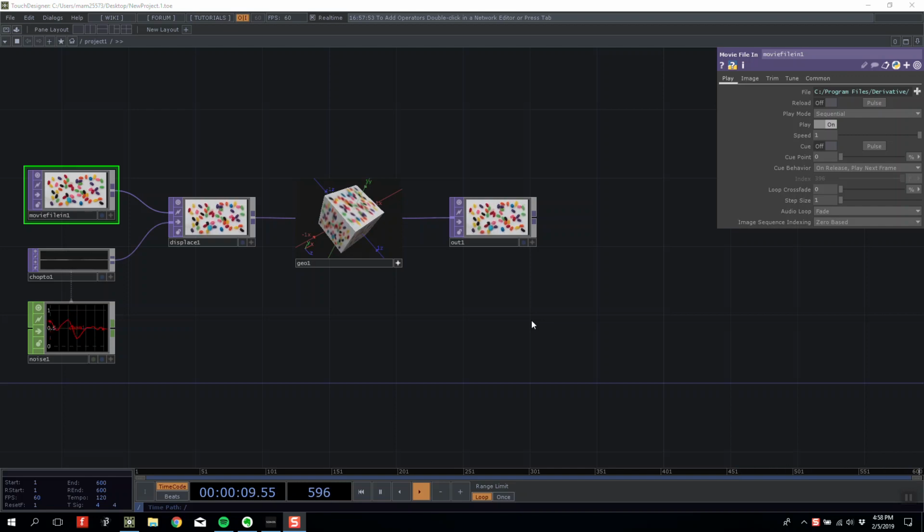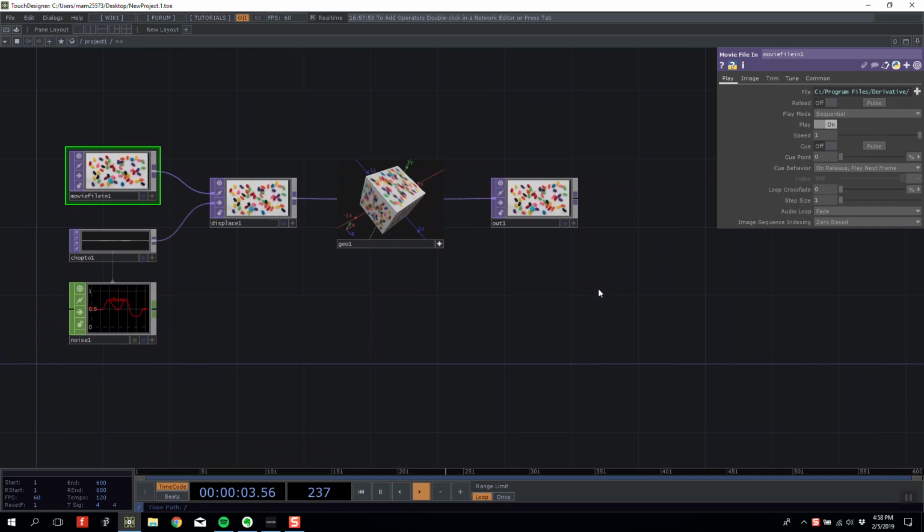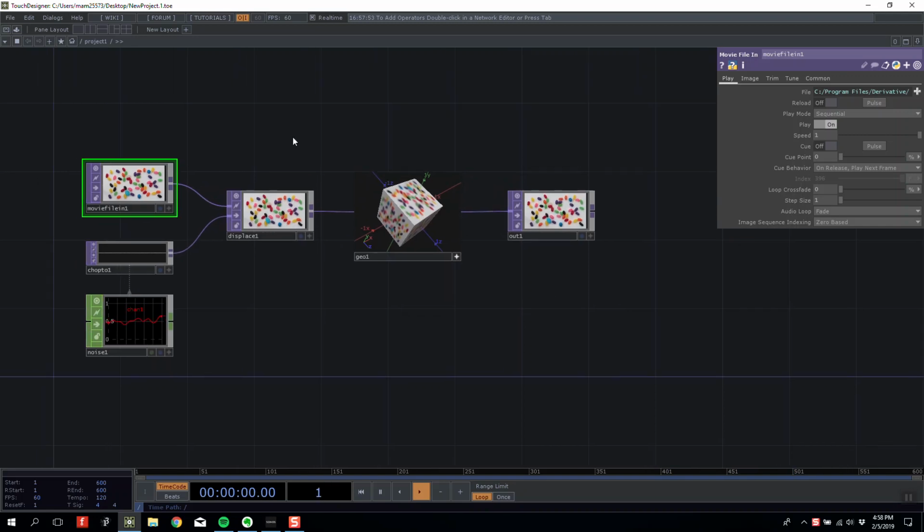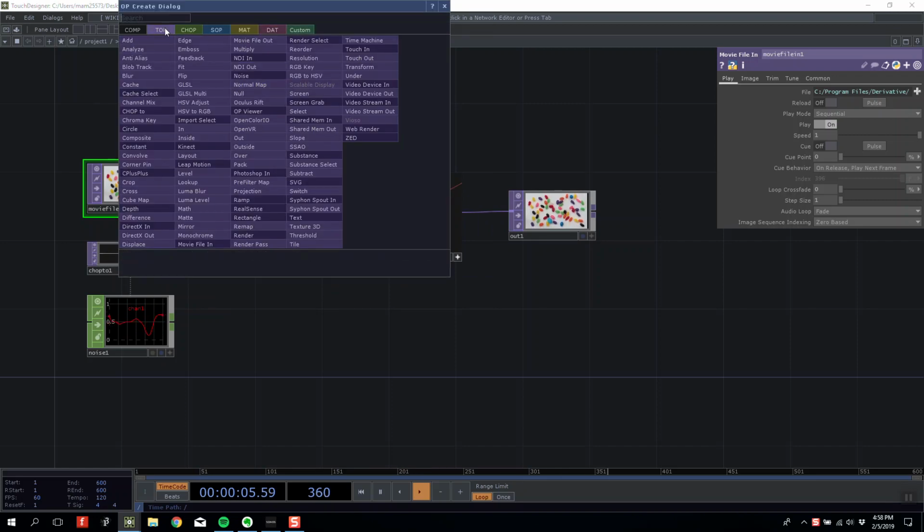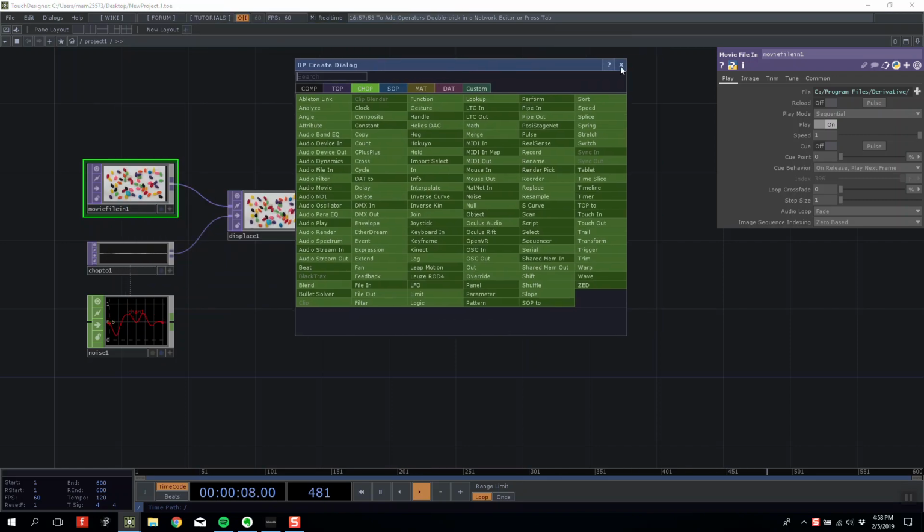In the last lesson, we were looking at TOPs and how we can use textures and various pipeline manipulators to allow us to control images inside TouchDesigner. Today we're going to move on and look at the close partner of TOPs, CHOPs. Now, CHOPs stand for channel operators, but the better way to look at them is